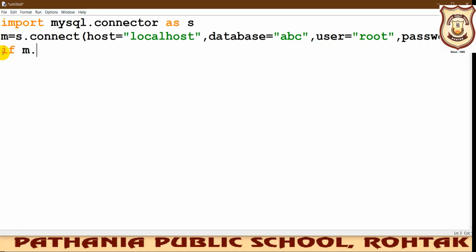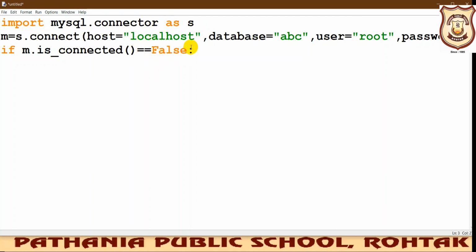Next, we are going to check whether this connection has been successfully created or not. For that, we are using an if statement, and using this connection object, I am going to check it. Along with it, I'll be attaching the is_connected function that will check whether my connectivity is properly done or not. If it is not done, it will print an error message. The F of False should always be written in capital, otherwise it will not work.